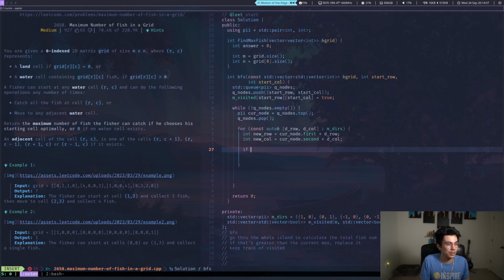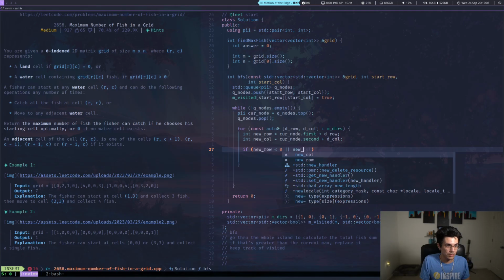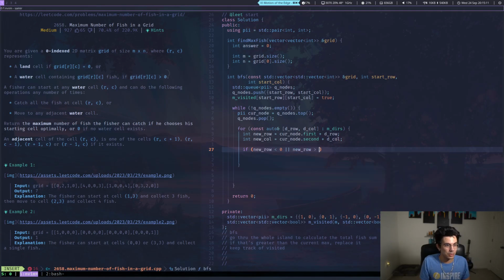Yeah, we have to do this. So if new row is less than 0, or new row is greater than grid dot size, or new col is less than 0, or new col is greater than grid[0] dot size,